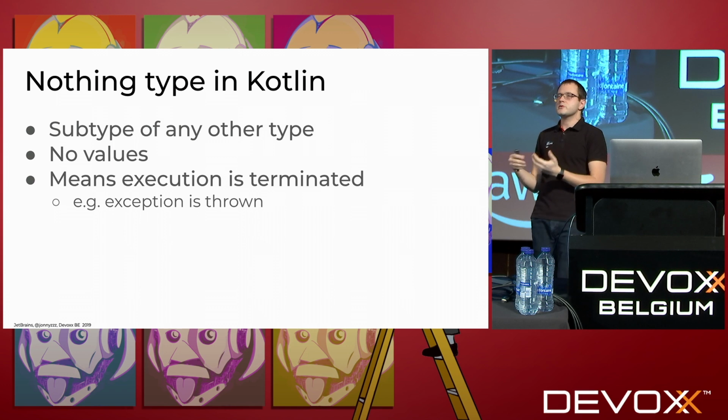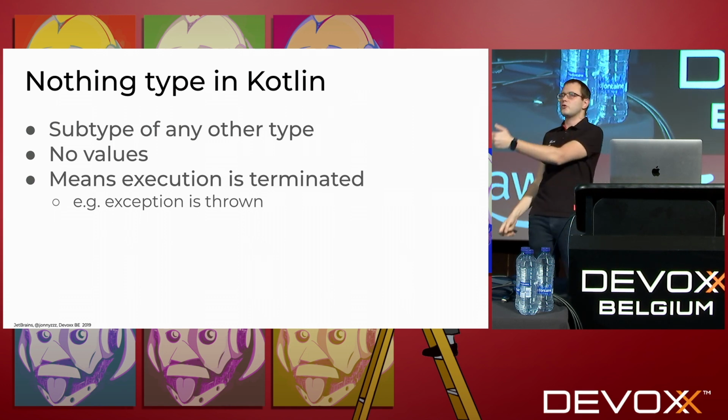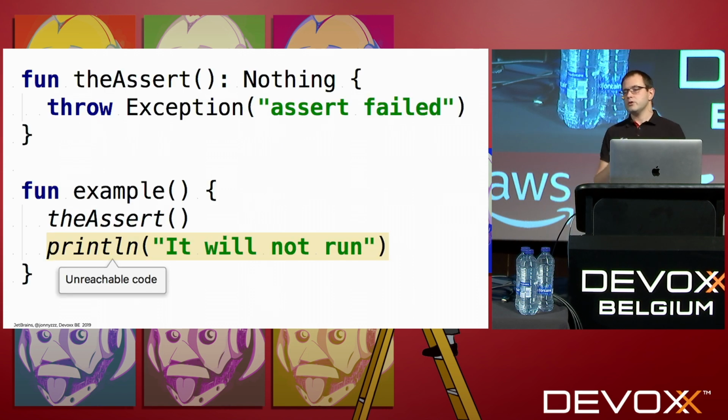And it has no values, so if the compiler sees a signature like that, it understands that the function would throw you an exception. This is the only way to go. And you can use it like this, for example. You may create your function, which is your specific assertion. And if you call this one somewhere, like a crash or exit, or for example, in a unit test, you may create a fail function which returns Nothing. And the compiler knows that beyond this point it is not possible, because an exception will definitely be thrown.